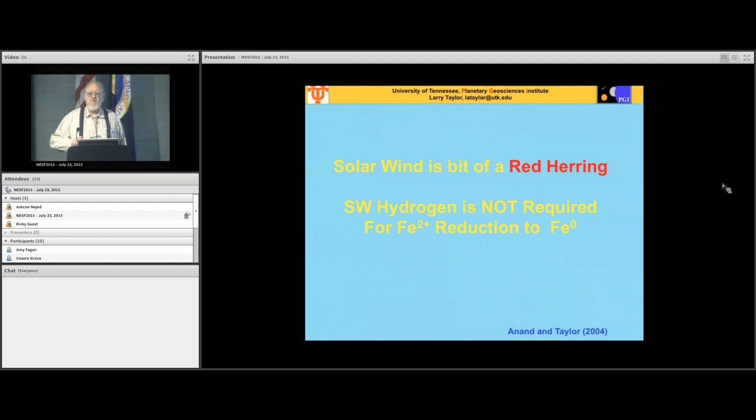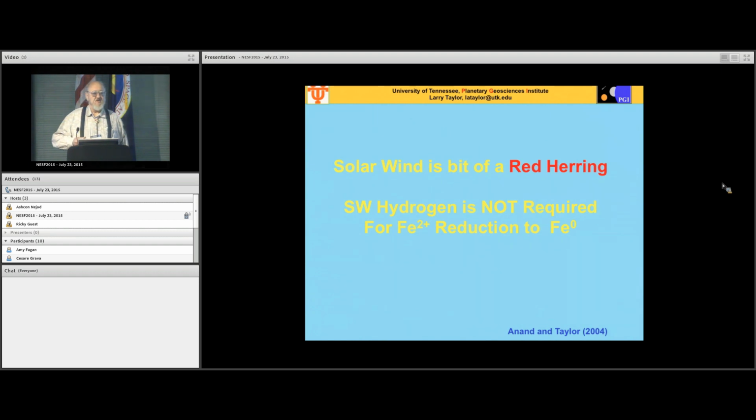Now, the thing I want to point out is that we always thought that solar wind was the thing that did all the nanophase iron. And it's logical. You can do it experimentally, real easy. A little bit of solar wind over oxide minerals, for example. Anything that contains iron, be it iron silicate, iron oxide, iron sulfide, and you can reduce it to form metallic iron. So we thought this was Bob